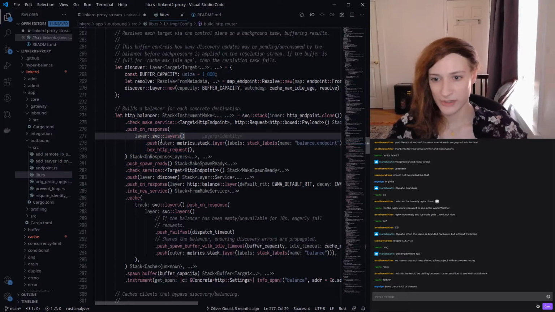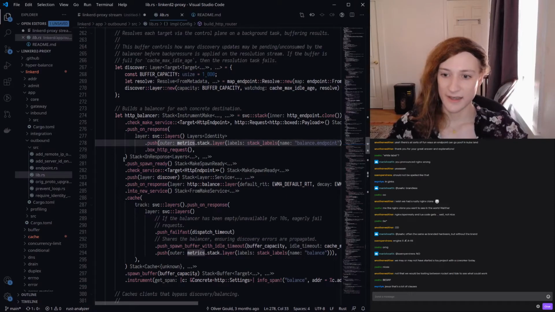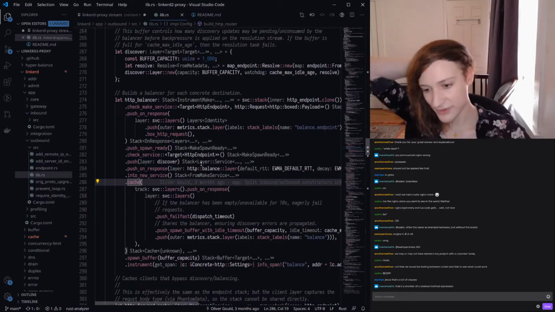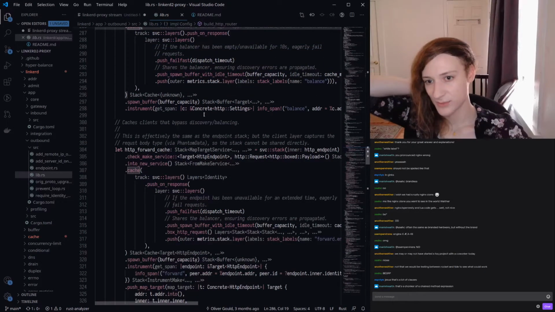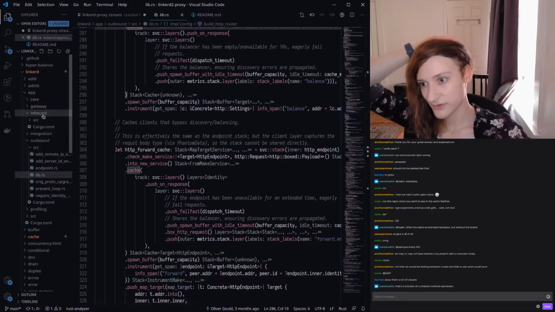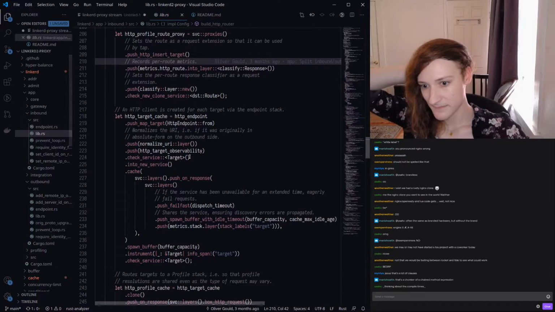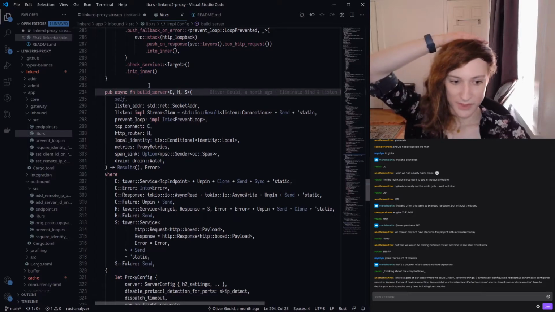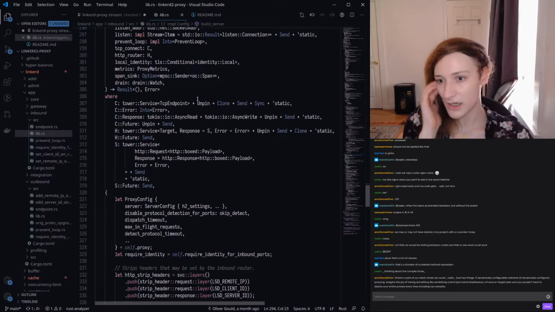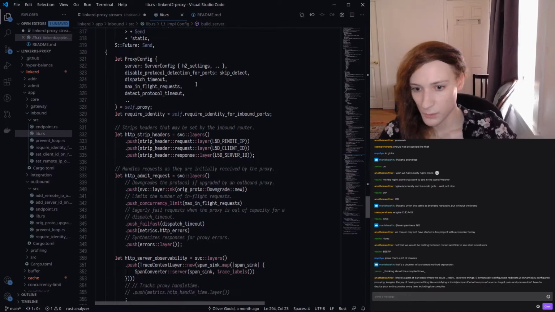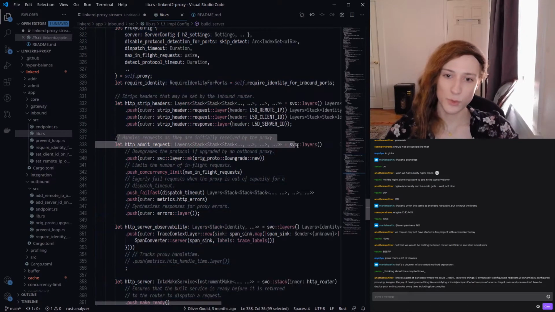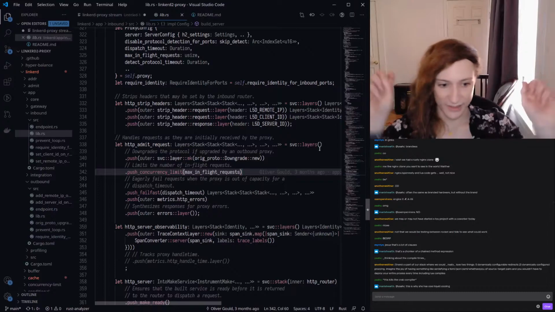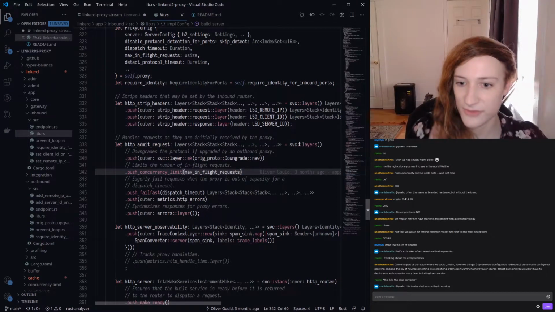And we push a metrics layer, and then we push a cache that's caching endpoints. I actually picked a bad place to start looking here, because there's sort of a lot going on. Let's look at inbound instead, and let's look at here, build server. So here's where we're building a server, and in this server, we have, okay, this is a request, HTTP request as they're initially received by the proxy. So we have some layers, and then we're going to combine these layers in some kind of a way.